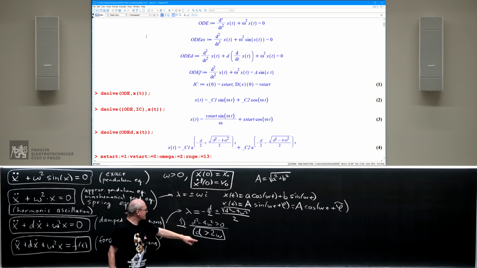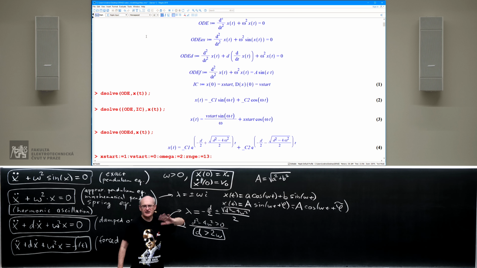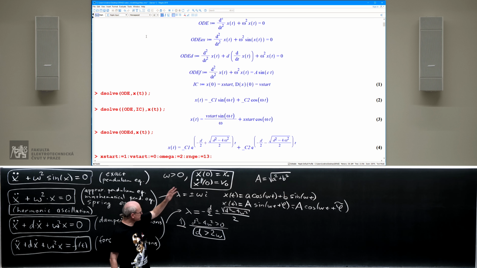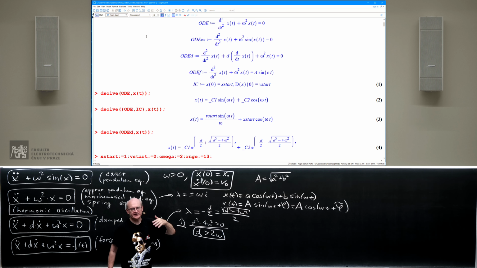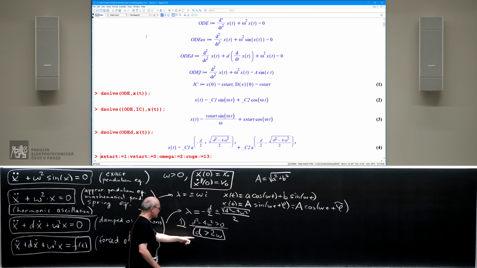Now remember, omega is some constant describing the forces in your experiment, and d is the damping. So this is a case when there is too much damping. So for instance, you take this mass on the spring and you suspend it in a really thick honey or something like that. So a lot of damping. This is called overdamped